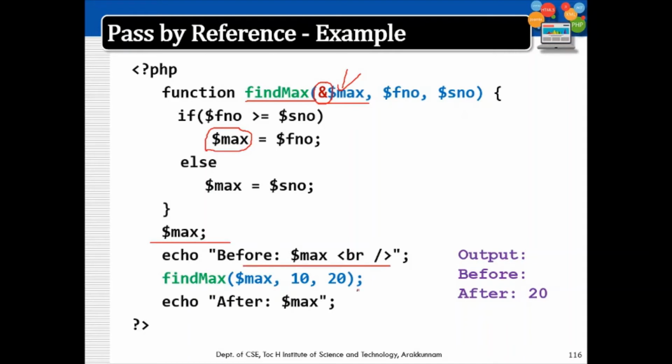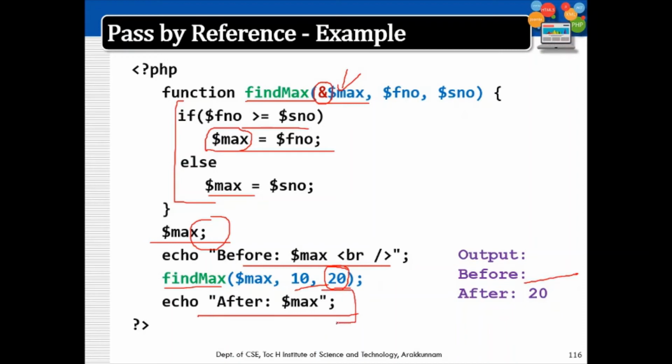Before calling the function, it will not have any value because I have not given any value over here. On calling the find max function, by comparison, it will save the value here from 10 and 20. So the max value will be 20. That value will be saved by this function, and it is not returning any values to the caller function. So then also this max will be saved with the value 20, and you can access it here,